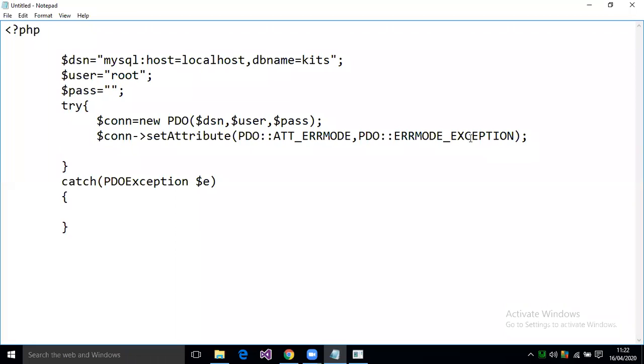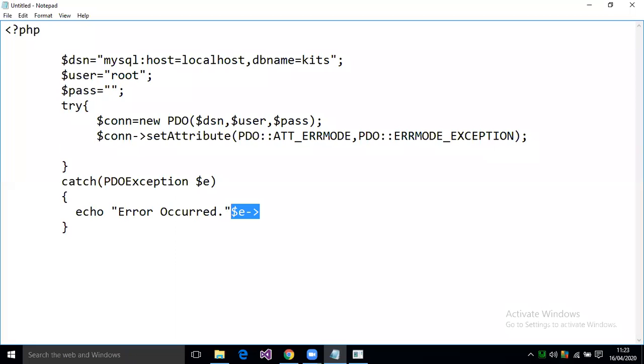Once the exception arises, it automatically throws to the class called PDOException, and you can write echo error occurred. So what error occurred? You can justify this: this $e is also an object.